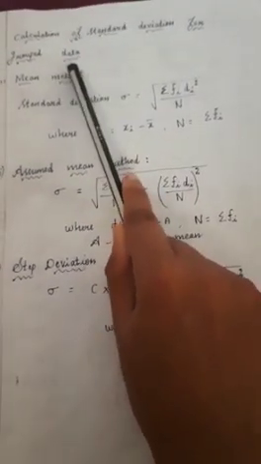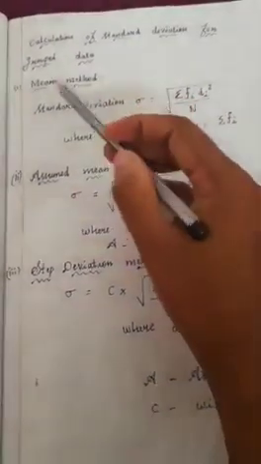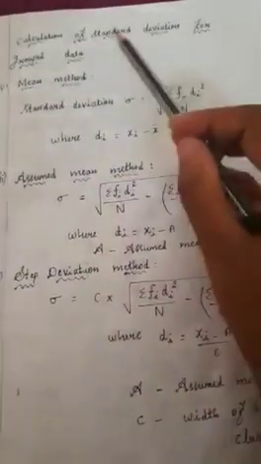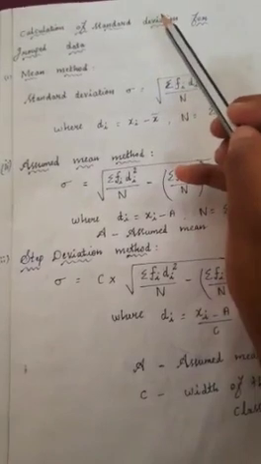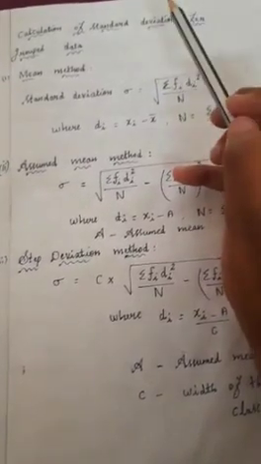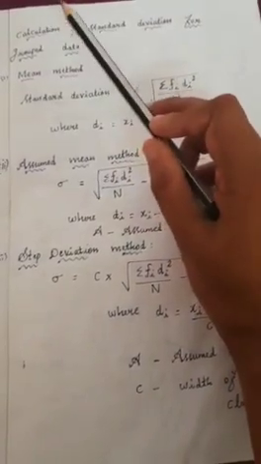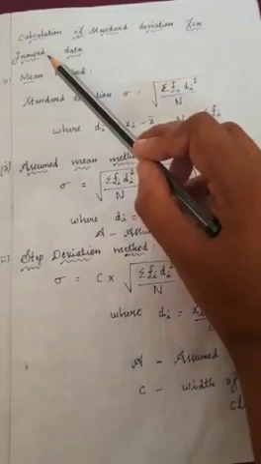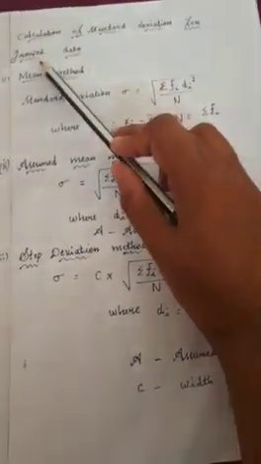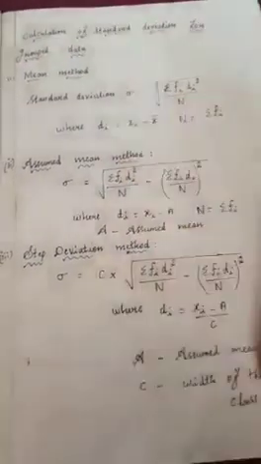If the given data is grouped data, then what are the methods we have to use for finding the standard deviation? Okay, so now here the first method, that is mean method. Already we know how to identify ungrouped data and grouped data. When the data has been placed in categories with a frequency distribution, that is grouped data. When the data has not been placed in any category, that is ungrouped data, individual values.